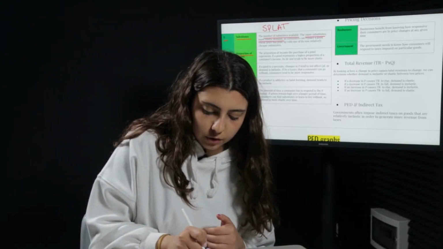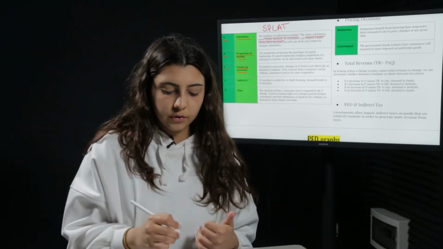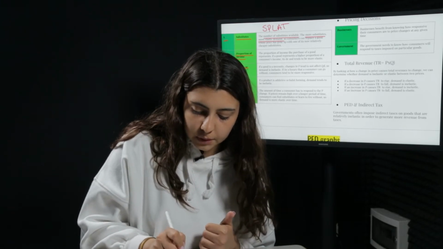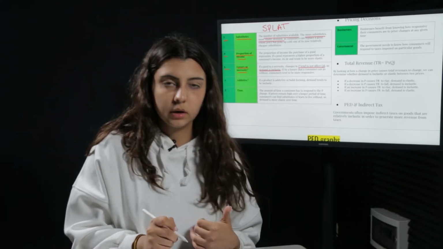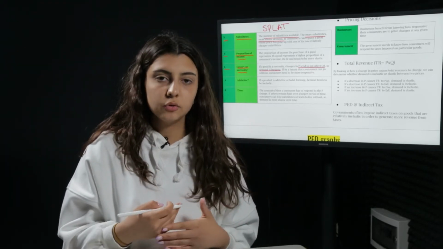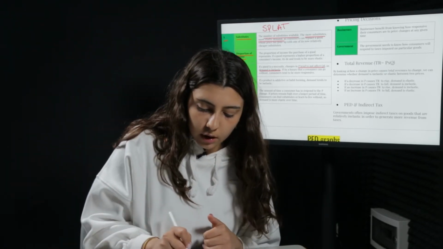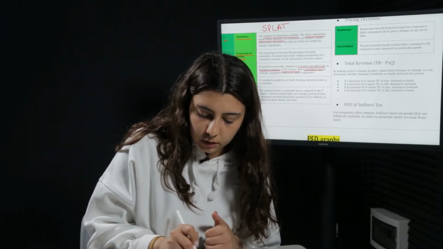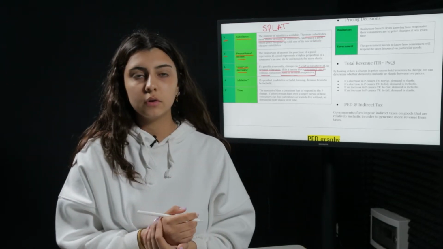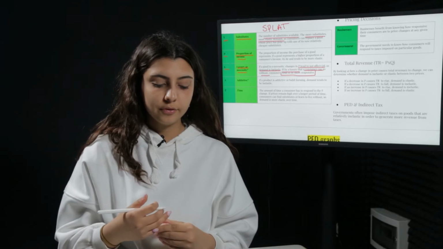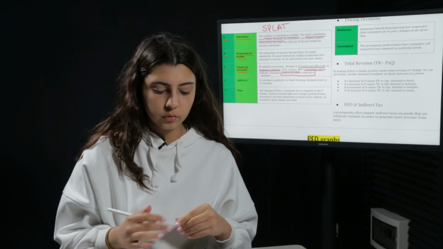The L is for luxury or necessity. So goods can be divided into two, so luxuries and necessities. If a good is a necessity, the changes in price tend to not affect quantity demanded, so the demand of necessity goods is inelastic. So like water or food supplies are inelastic goods, and no matter how the price of those change, consumers will always keep buying them. And if a good is a luxury, consumers can go without those goods, or consumers tend to be more responsive. So for luxury goods, let's say a designer bag is a luxury good, and if the price of it is way too high for you, you can actually give up buying that good,